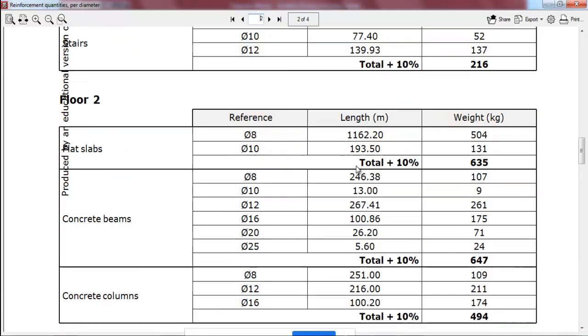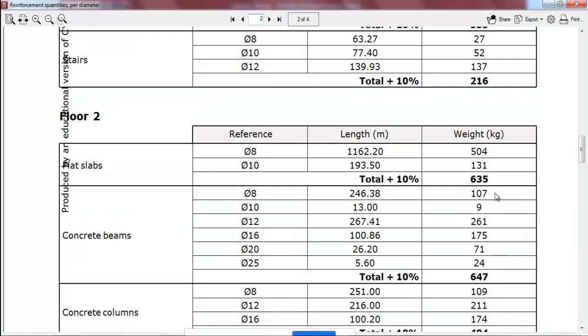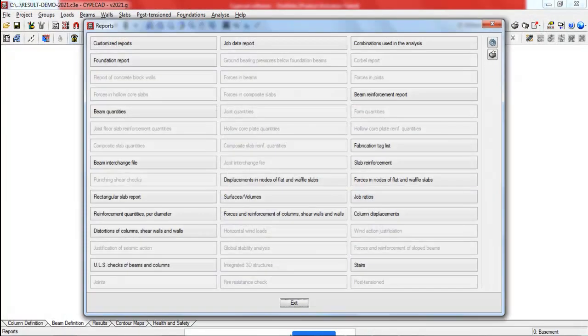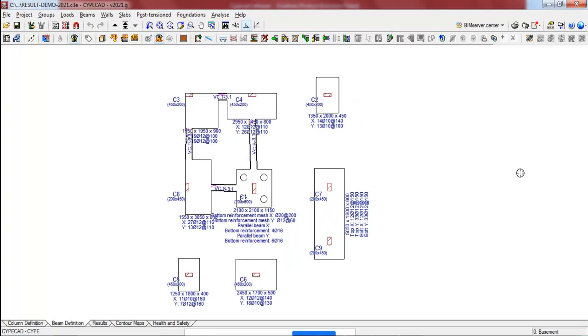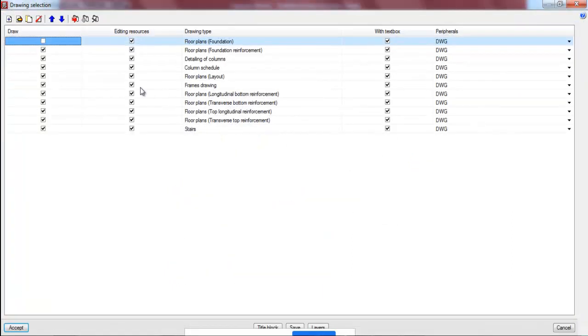See, you can simply take a print and give it to a contractor. He can just go and procure the reinforcement according to the quantities that you are giving straight away. Now coming to the drawing part. You need to prepare a drawing and submit it to the contractor for execution. So let's go to the drawing part here, and select all the structural elements for execution.